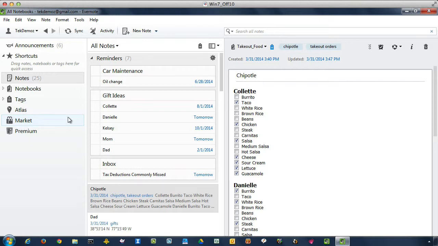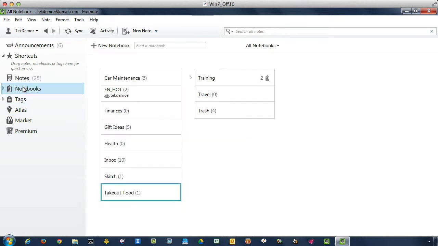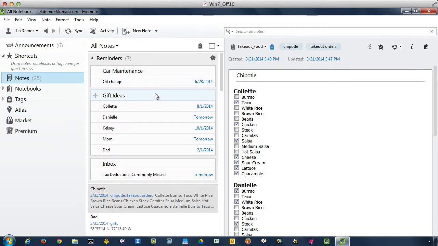And it's also sort of a pain to try to remember what each person in the family likes. So one of the things you can do is create a notebook and call it takeout food or takeout orders or something along those lines. Then within that notebook, you could create a note for each restaurant where you and your family members like to eat out,